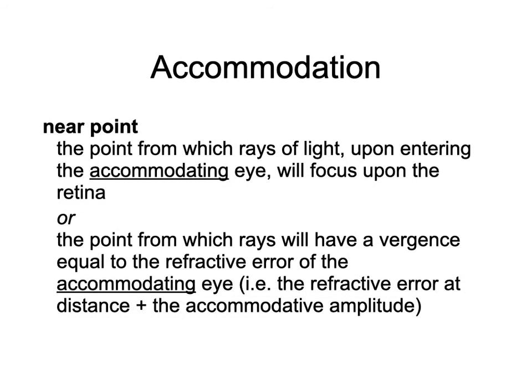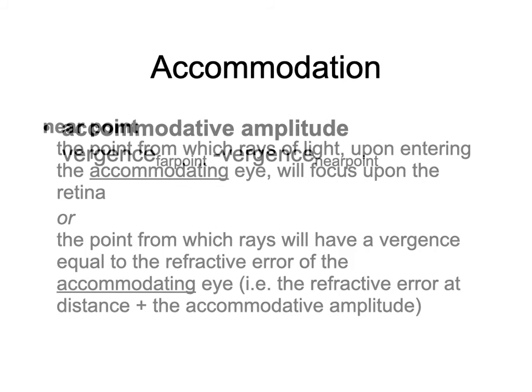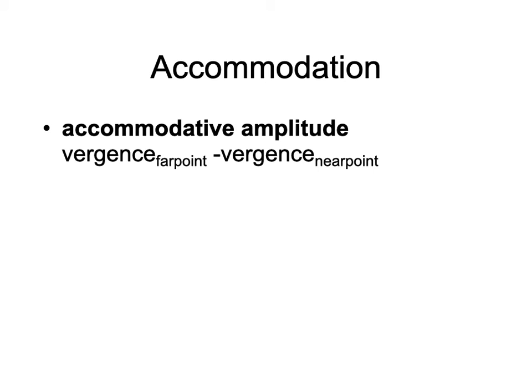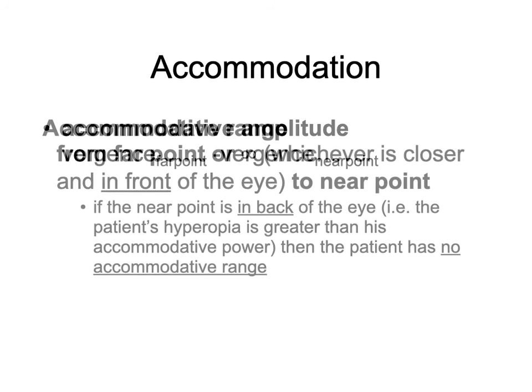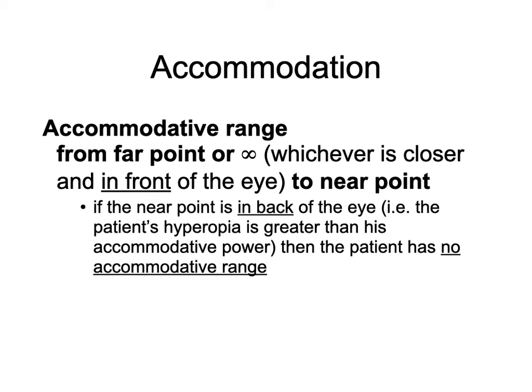The near point is kind of its cognate, but with an accommodating eye. Accommodative amplitude is the difference in divergence between the far point and the near point. Now keep in mind, the far point for hyperopic patients is in back of the eye, and the near point can be too. So the accommodative amplitude is this difference in divergence. However, patients cannot see in back of their heads, so the accommodative range is in real space what the patient